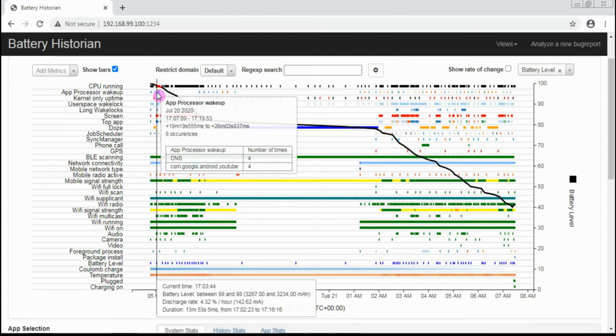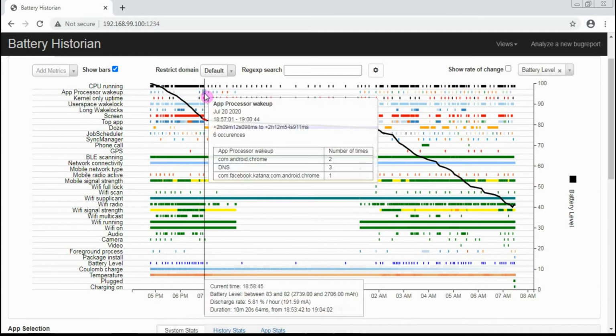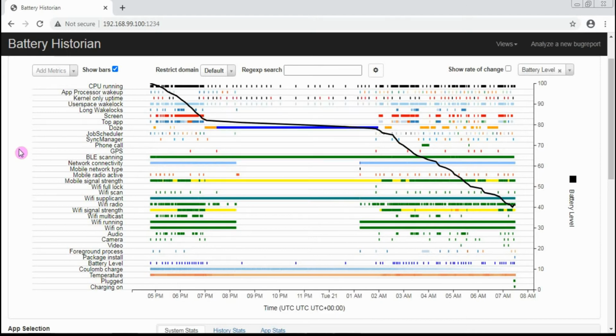As per our apps, at this particular time com.google.android.youtube was in wake up state. That means we were using the application. Then here Facebook was in running state. In this way, we can check all the inline processes for our particular battery usage.